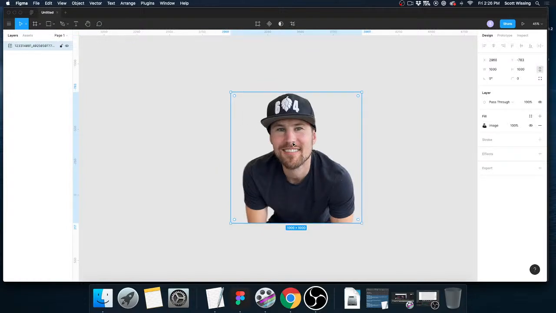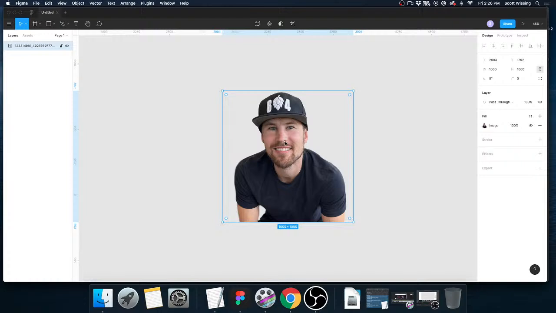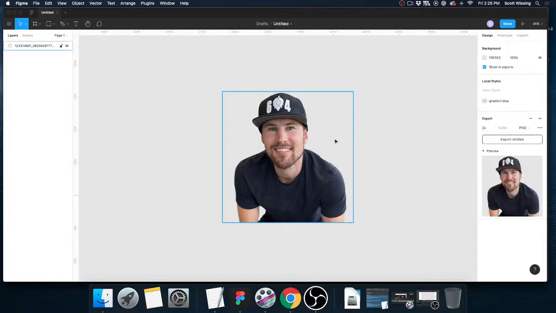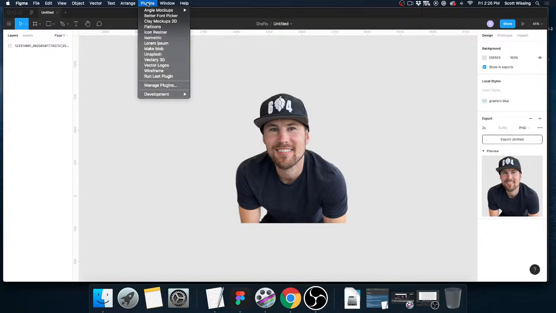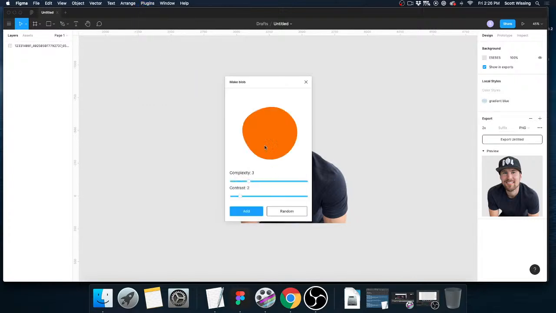And let's say we don't want to put him in a circle, but we also don't just want to add his image directly into ClickFunnels. What we can do is we can kind of add like a background feature. And so what we're going to do is we're going to go up to plugins, and then we're going to go into blob, make blob. All right. And now what you can do in make blob is you can change the complexity of this, and you can change the contrast of these blob shapes